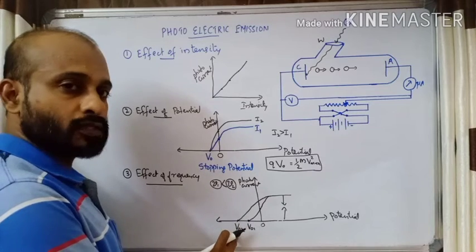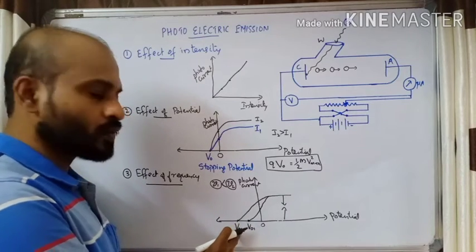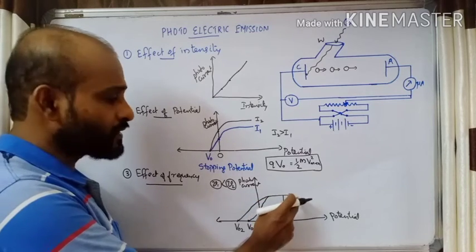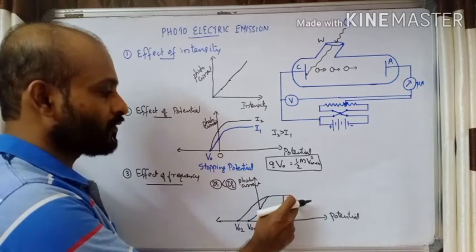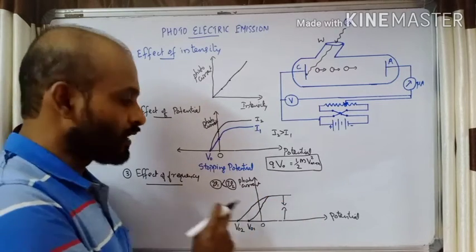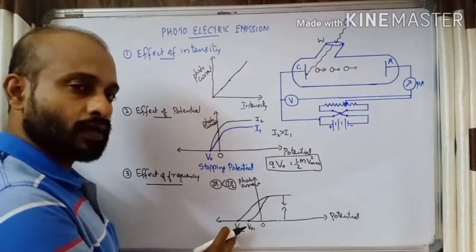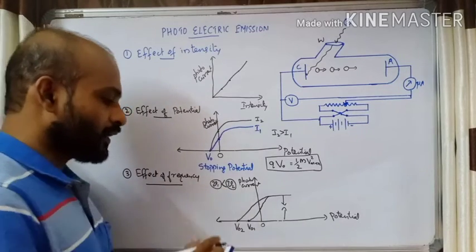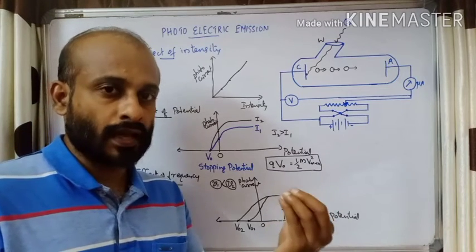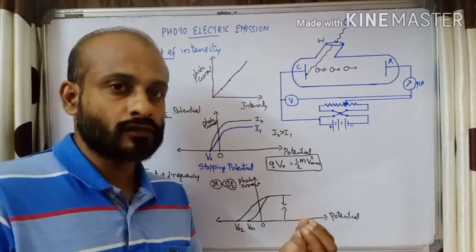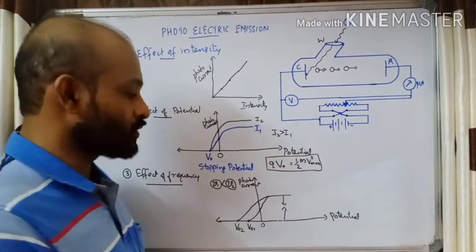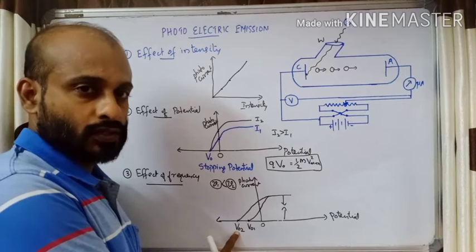What about the stopping potential in magnitude? Stopping potential also increases. But saturation current is the same because intensity is the same. The maximum current will be the same, because with the same intensity, saturation current does not change. But what about the stopping potential? When the incident light has more frequency, it is carrying more energy, so electrons with a large energy will be emitted. To stop those electrons with a large kinetic energy, we need to apply a large value of potential.